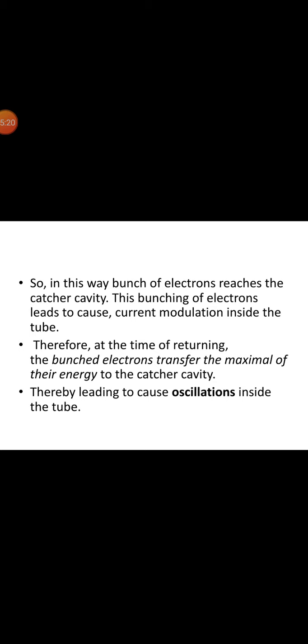The return journey of EL is much shorter than that of the EE and ER electrons because of the less penetration into the repeller space. The late electron catches up with the reference electron ER and early electron EE to form a bunch. The bunching of electrons occurs once per cycle centered around the reference electron ER, and these bunches transfer the maximum energy to the grid gap. Due to this energy at the grid gap, the oscillations are sustained in the cavity resonator.